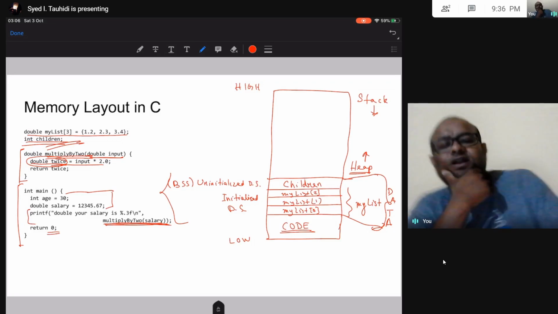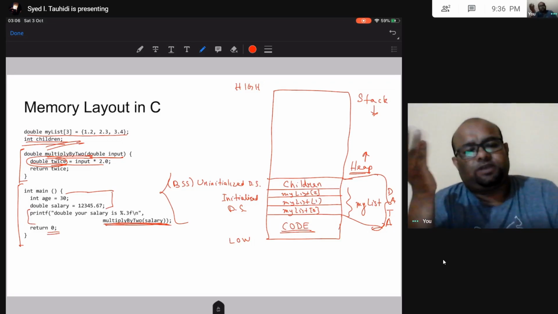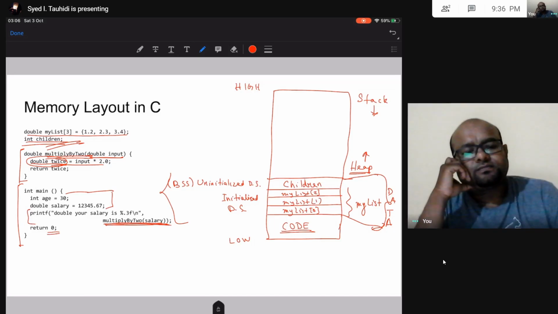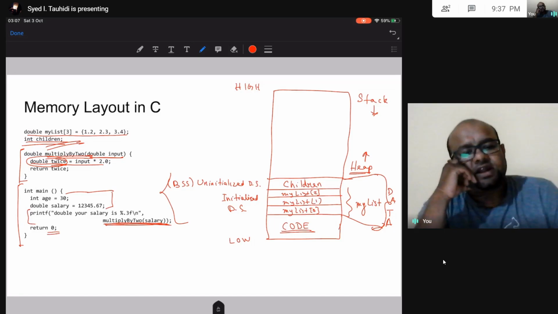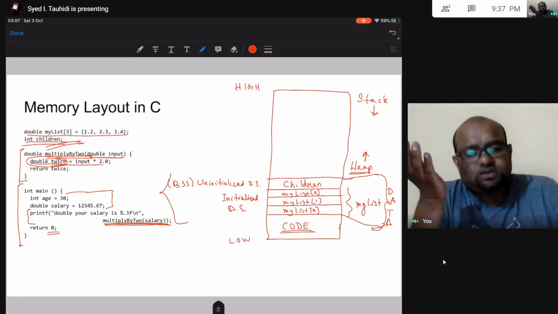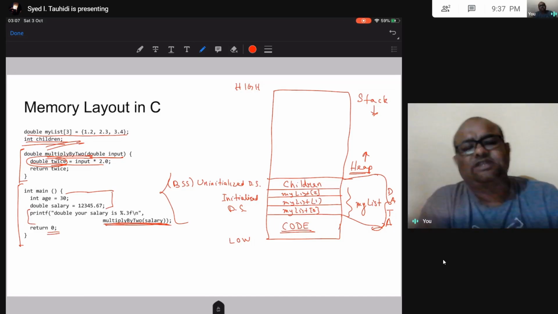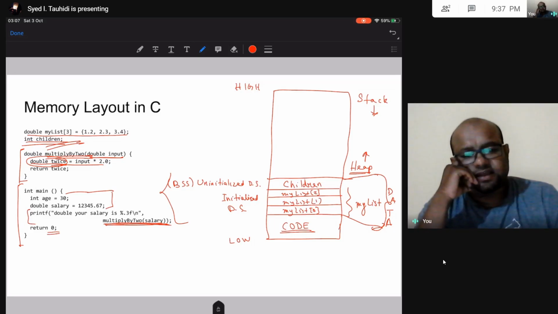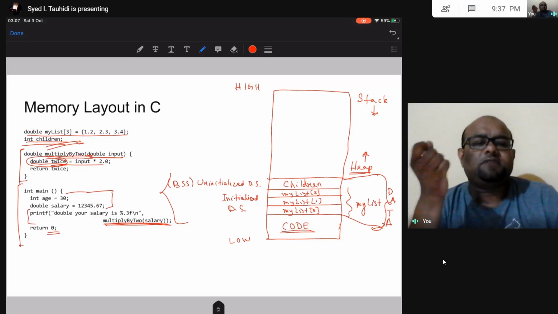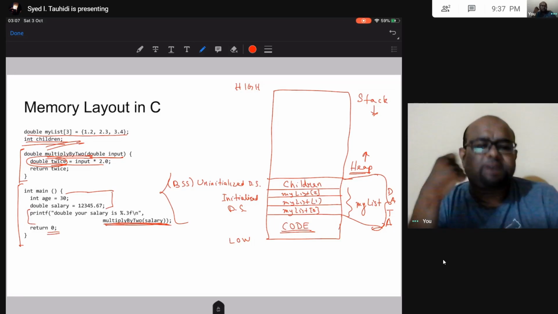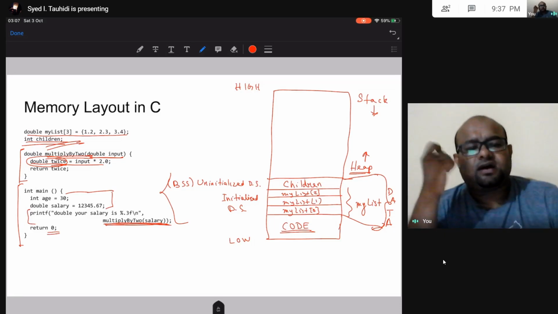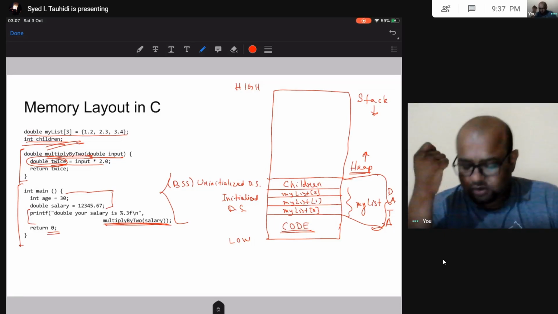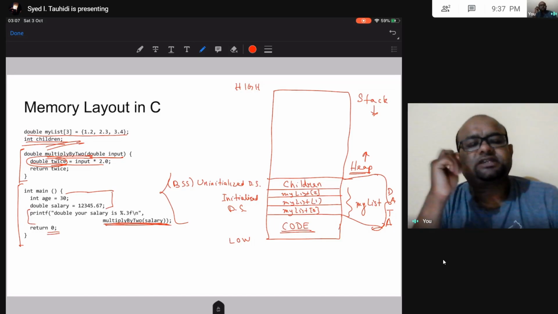So what do you make the size of the array to be? Now if your array is too large, say you have made the size of the array equal to 100, and there are only 20 students in your class, then you have wasted lots of space in this array. If you have declared this array as a global variable, you have wasted lots of space in the data segment. If you have declared it as a local variable, then you have wasted lots of space in your stack.